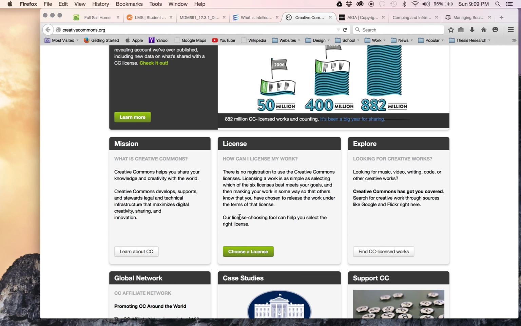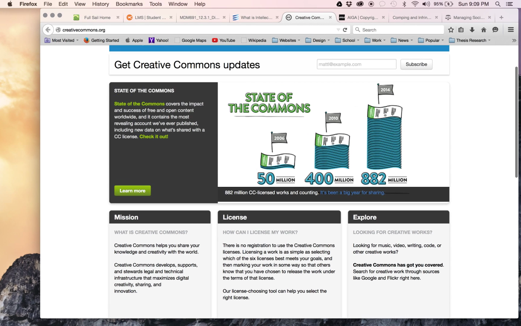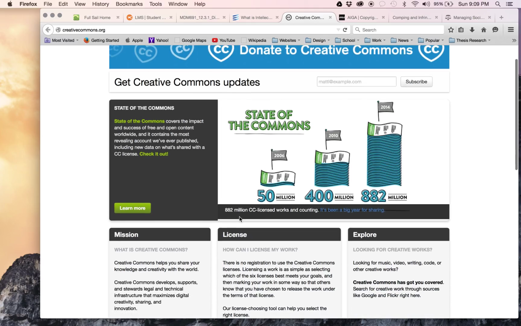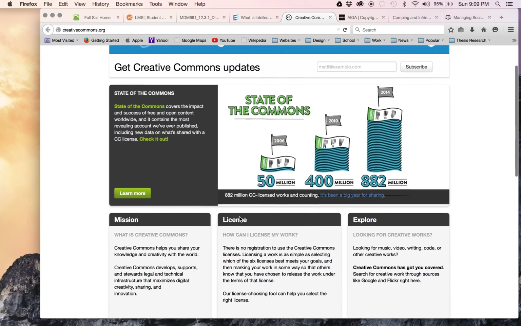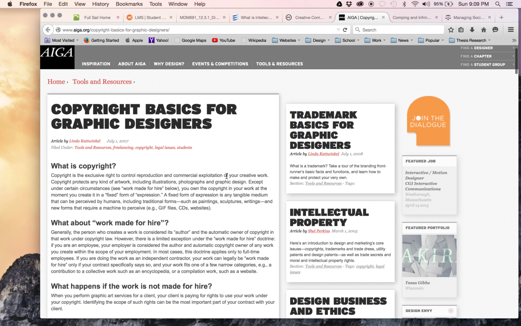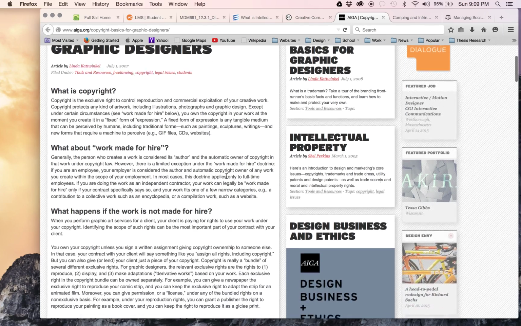More along those lines in Creative Commons, most IPs also require you to have a license. And so what a license is generally, as we all know by reading, is that license means that you are giving somebody permission to use a part of your work for some reason for a certain amount of times. It could be a lot of different things, which is usually determined by your contract. But also in AIGA, Copyright Basics for Designers, it talks a lot about the copyright.